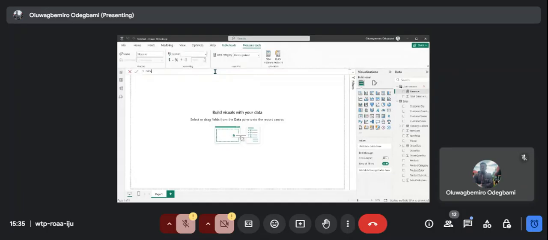For one, we'll first create a variable. Some of us know what a variable is, right? In programming or in math, a variable is where we assign a value to something else. So now we're going to assign a value called